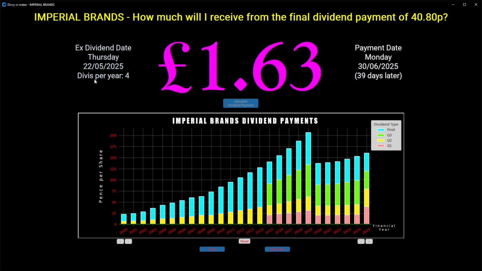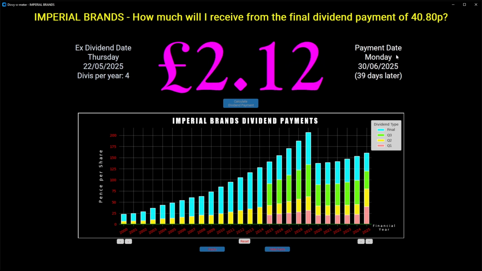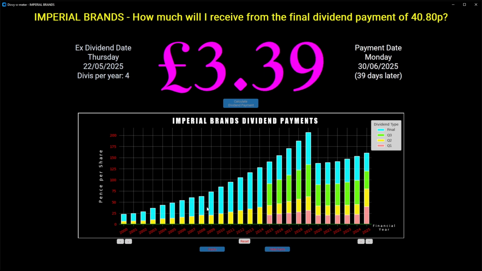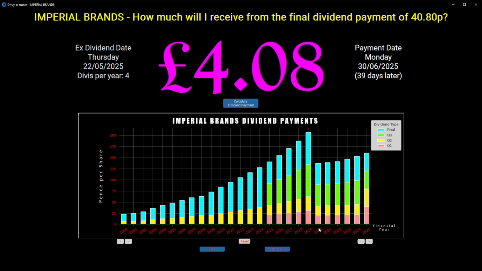There's 4 instalments of dividend per year. It's a quarterly dividend payer. And the payment date is on Monday, the 30th of June, which is just under a week away, and it's 39 days later from the ex-dividend date. As you can see from the graph, the dividend had an upward trend, and then in 2019, that classic era that we all remember well, it reduced, and there we go, folks. £4.8 is what I'm due to receive for the quarterly final dividend in